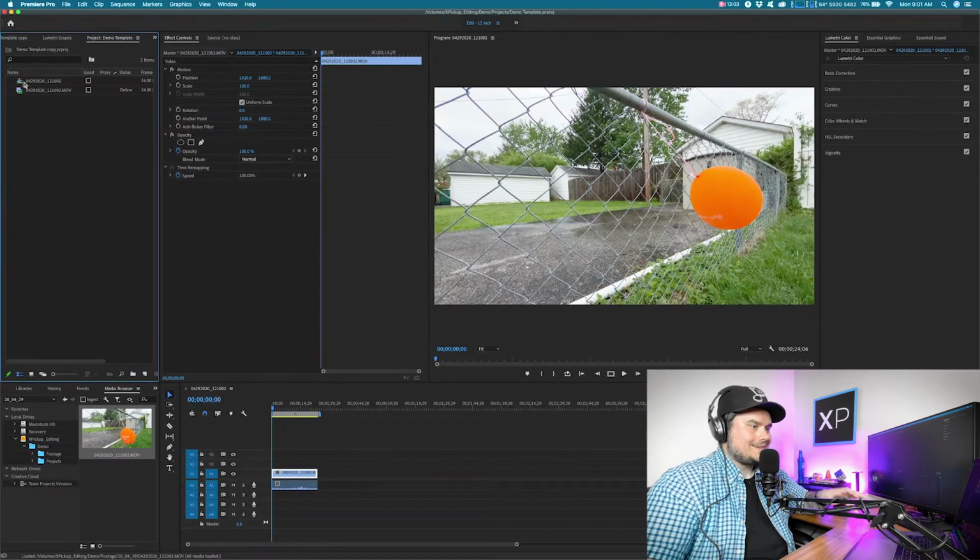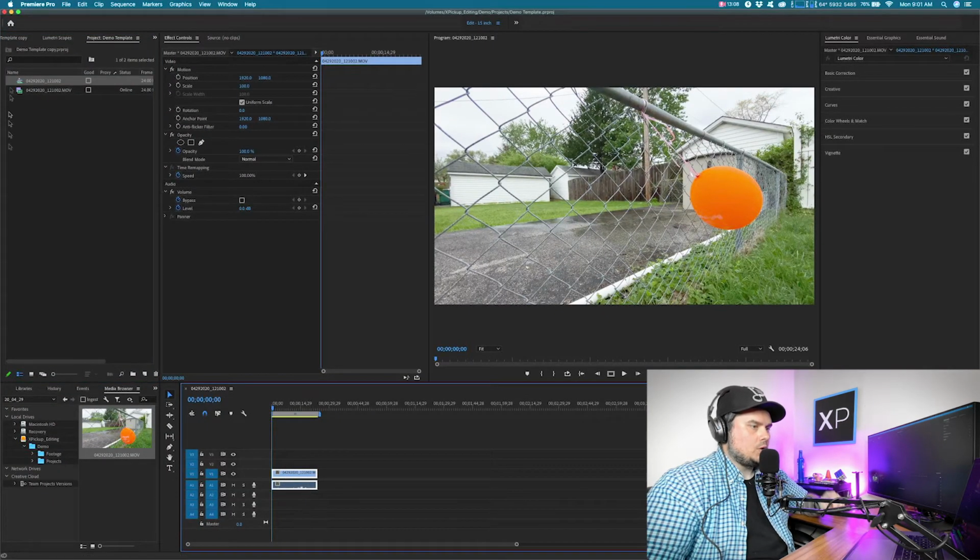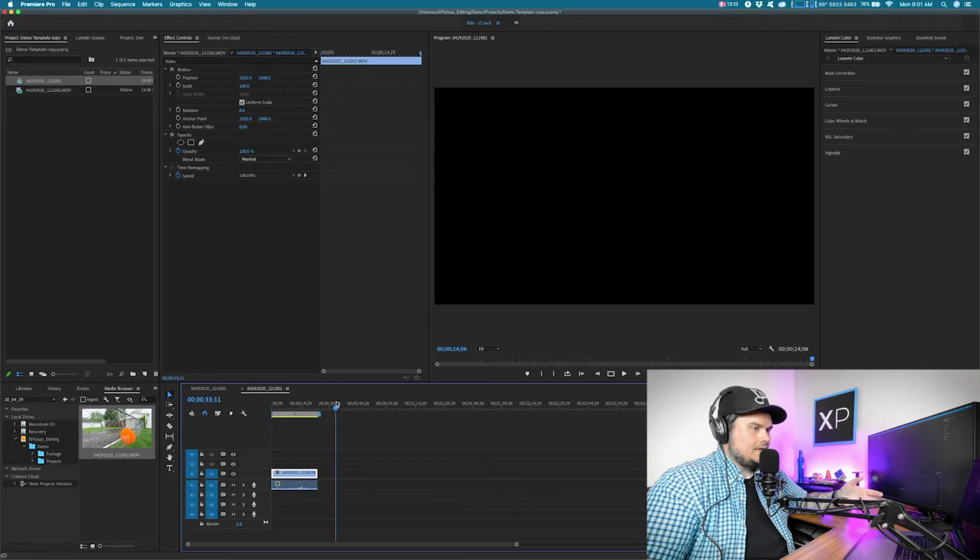You can also select already edited clips in an older sequence, and then again, copy and paste. And that is 6 different ways that you can import footage into Premiere Pro. Side note, any of these methods will work no matter if it's footage, photos, Photoshop documents, Illustrator files, pretty much any media that is compatible with Premiere.